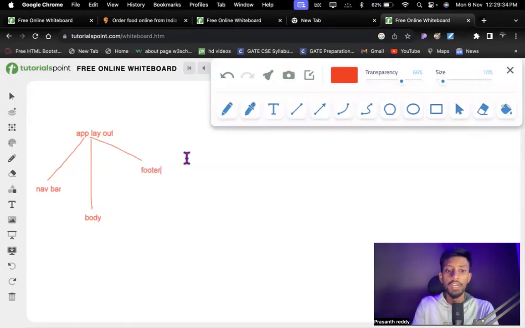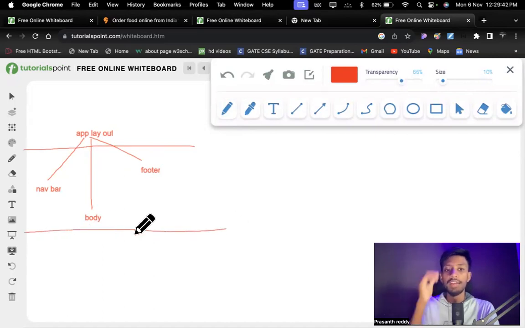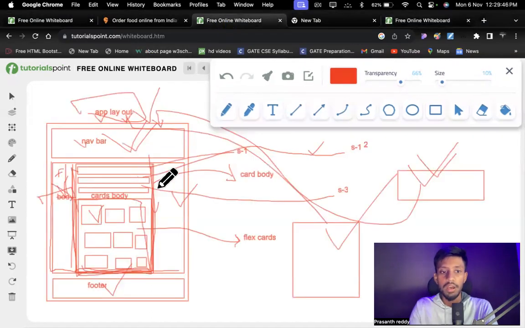Okay, now if you go here, we have segregated it. It says stage 1, it says stage 2. Now inside this stage 2, what do we have? See, we built the body as well. Inside the body we have this card body.